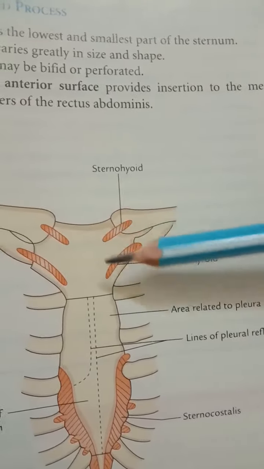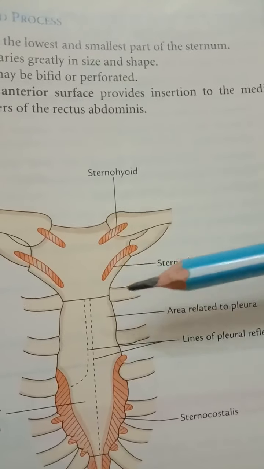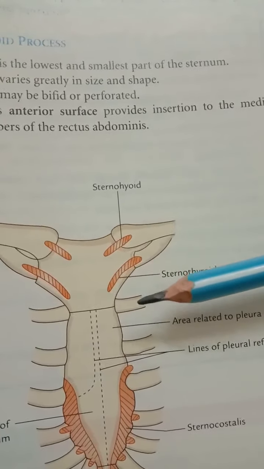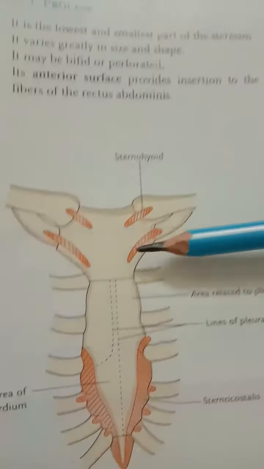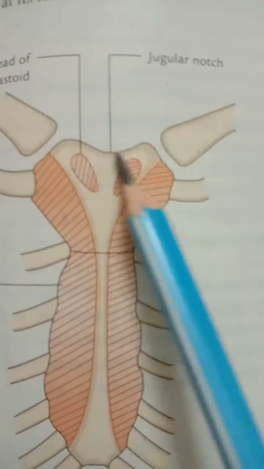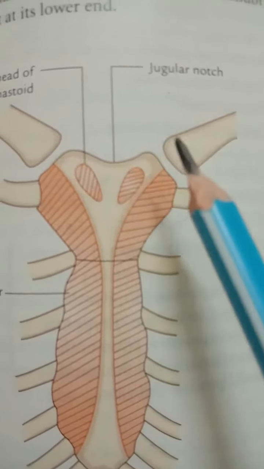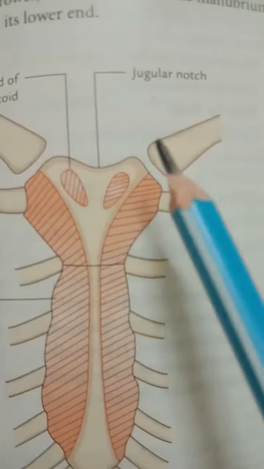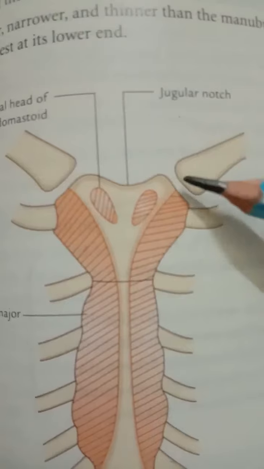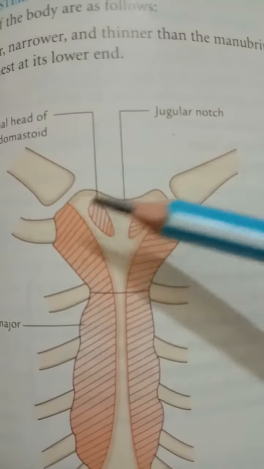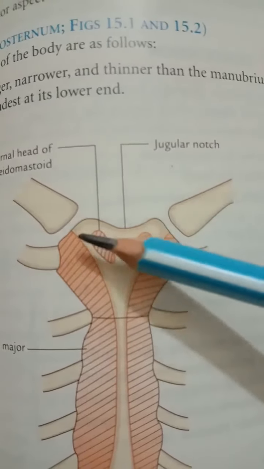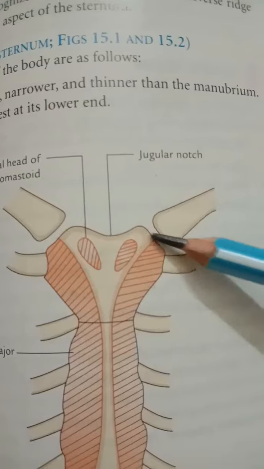Then this part is also related with the brachiocephalic vein, the brachiocephalic artery, common carotid artery, left subclavian artery, and it is also related with the lung and the pleura. Then the suprasternal notch gives attachment to the lower fiber of the interclavicular ligament. And the margin, the clavicular notch, gives the attachment of the capsular ligament of the sternoclavicular joint on both sides.